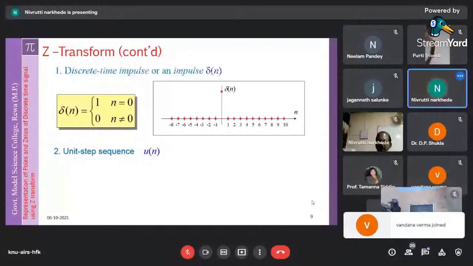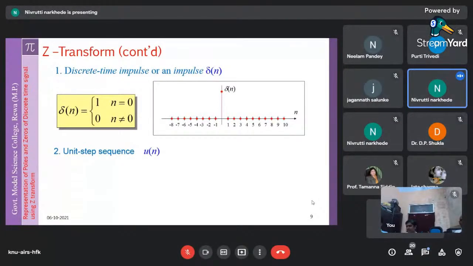Now look at the graph of this. All these values are zeros, except there is a delta n equal to 1 on the y-axis. That means at n equal to 0, if we define n on the x-axis and delta n on the y-axis, then delta n is equal to 1. The dot we observed on the y-axis is delta n equal to 1. So this is the digital representation of this signal.